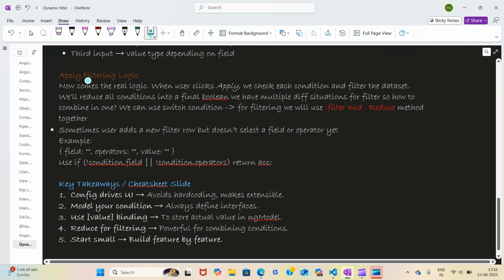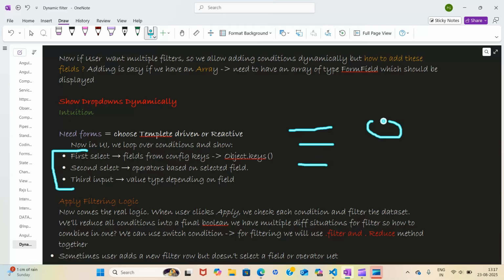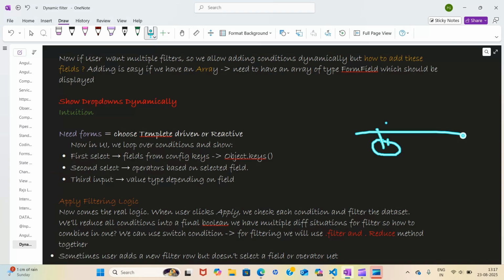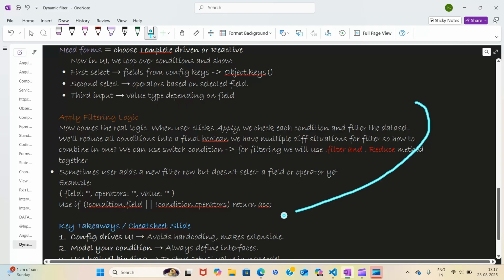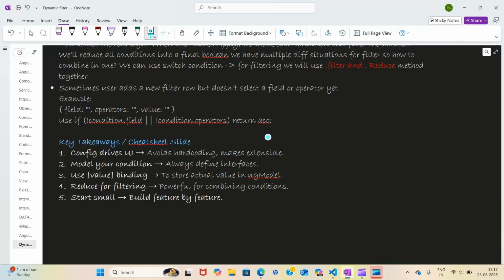Because you are filtering on three drop downs, and the user might have multiple rows, we will have a condition like AND or OR. So conditional logic will be there; depending on AND or OR, it will combine the rows and display the filter logic. Now there will be some takeaways. I'm telling you what you should conclude from the above, then we will proceed towards coding.